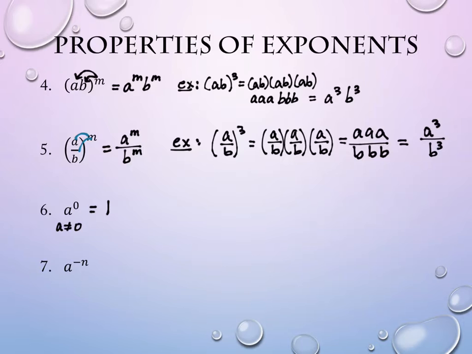So let me actually talk about why that one works, because that's the most interesting one to show you why it works. So a to the 0 could be written, I mean, there's no reason you would necessarily do so, but you could write it as a to the m minus m. Does that make sense? m minus m is 0, so those exponents match. So this would be another way of writing it. Weird, but actually correct. And if we used our property number 2 going backwards, that would mean I have a to the m over a to the m,